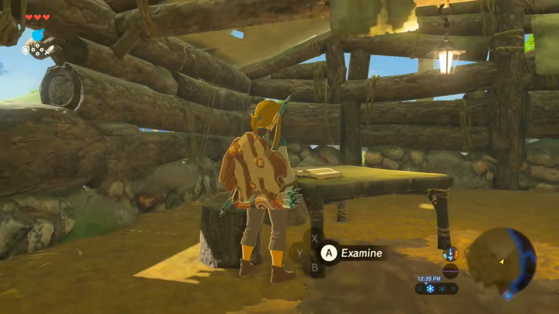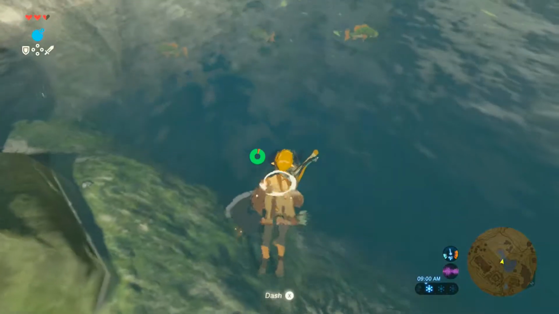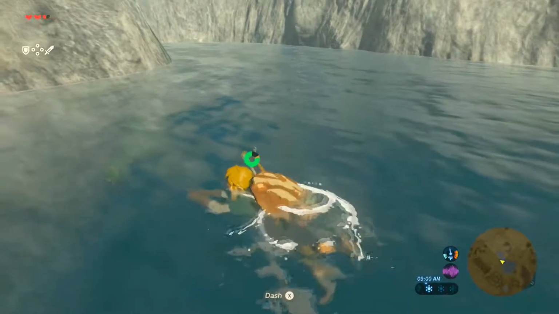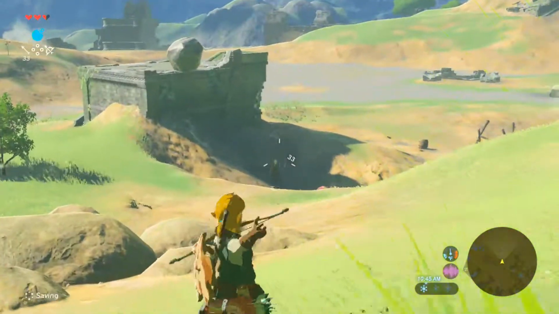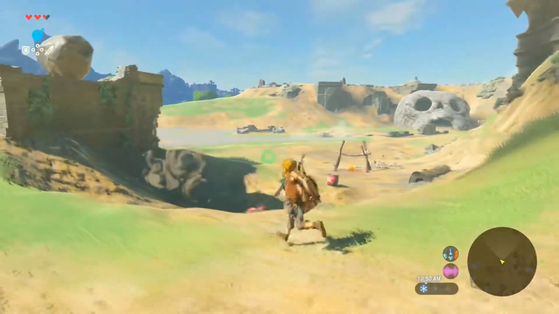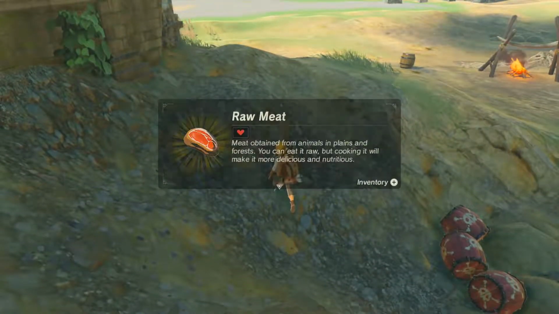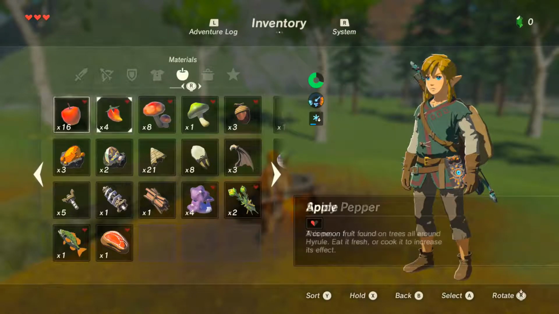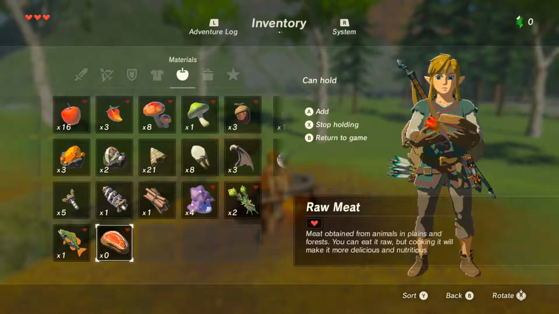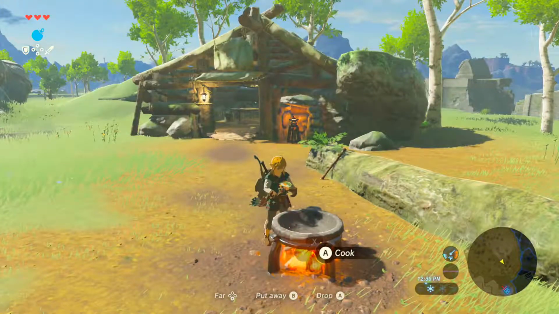So if we actually head back to the Hyrule Temple of Time and jump in their pond, we can grab here a Hyrule bass. And then if you go to the nearby forest, you can actually chase down a boar. I had this boar run away from me, so I had to chase him all the way down over here. But with that, we also pick up some raw meat. Then, if you take the spicy pepper, the raw meat, and the Hyrule bass, and put them all together in the cooking pot, like so,